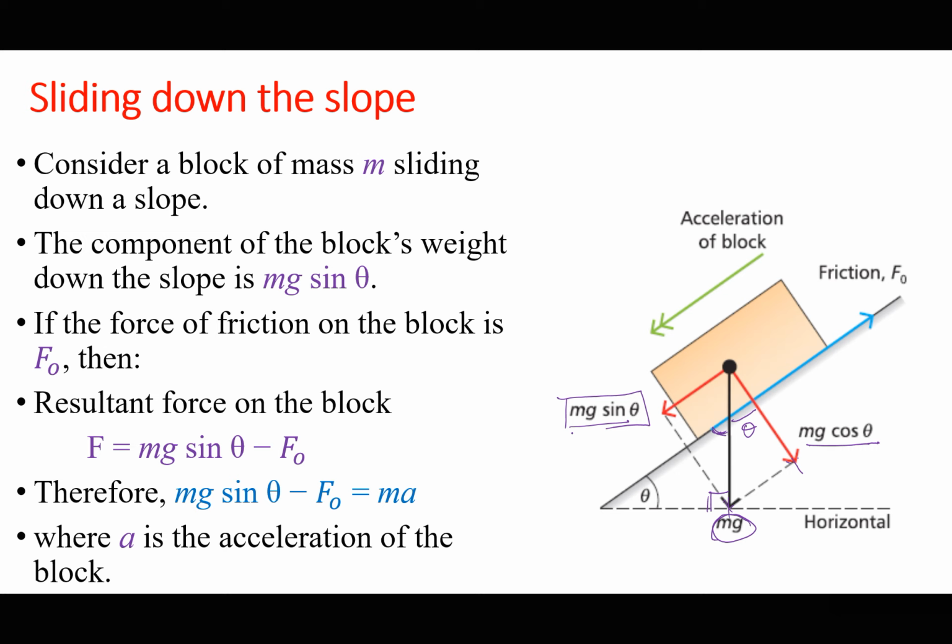So if there is friction, of course, friction will always act in the opposite direction to motion. So if the object tends to slide downwards, then the friction is going to be upwards. And if it is sliding downwards with a uniform acceleration, then the resultant force F is the mass times the acceleration, which will be equal to mg sine theta minus the frictional force. So if there is friction, then the resultant force along the plane will be mg sine theta minus the frictional force,